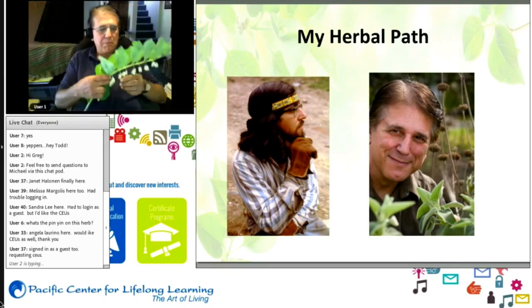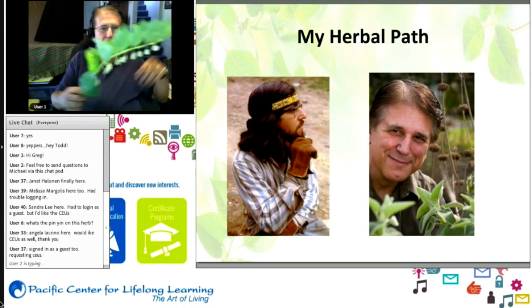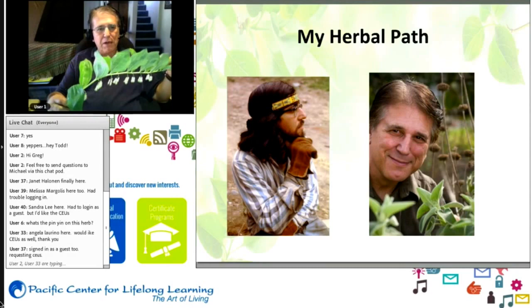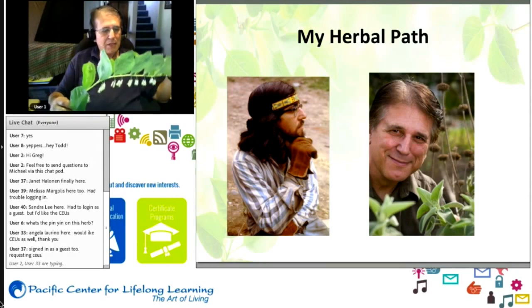Some of you may or may not know this one. I just picked this again. It was probably more than about 30 or 40 feet from my backyard, where I have an extensive herb garden, which I love to show people. And I had my 80 students tromping around showing them the plants. We had